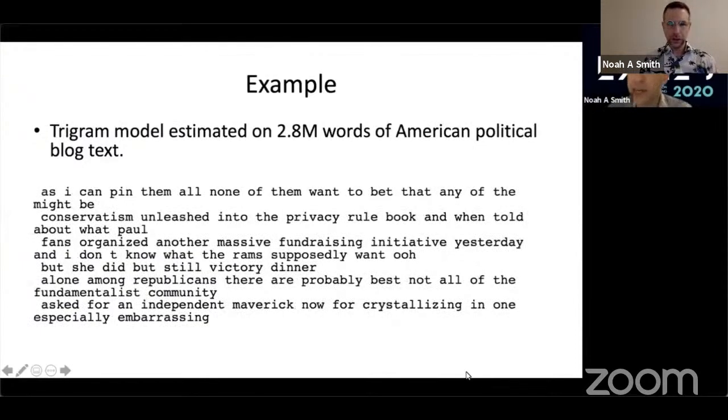And as we move to the trigram model, now we're conditioning on two words of history, M equals 2. It starts to get almost realistic. "So as I can pin them all, none of them want to bet that any of them might be." Okay, not great. "Conservatism unleashed into the privacy rulebook, and when told about what Paul." Not grammatical, but starting to sound increasingly like